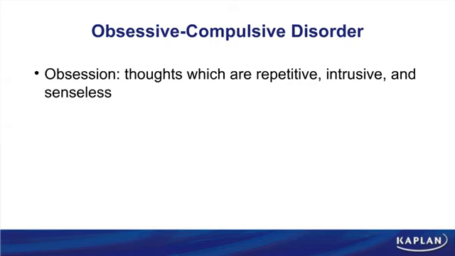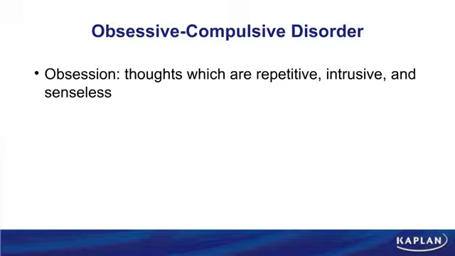DSM-4 had the category of anxiety with the following disorders. You had panic, phobia, generalized anxiety disorders, obsessive compulsive disorder, and post-traumatic stress disorder. DSM-5 came along and split the anxiety disorder chapter in 3. So under anxiety disorders in DSM-5, you have panic, phobias, and generalized anxiety disorders. Obsessive compulsive disorders is in a stand-alone chapter, as is post-traumatic stress disorder, which is now called trauma-related disorder chapter. So let's review these disorders.